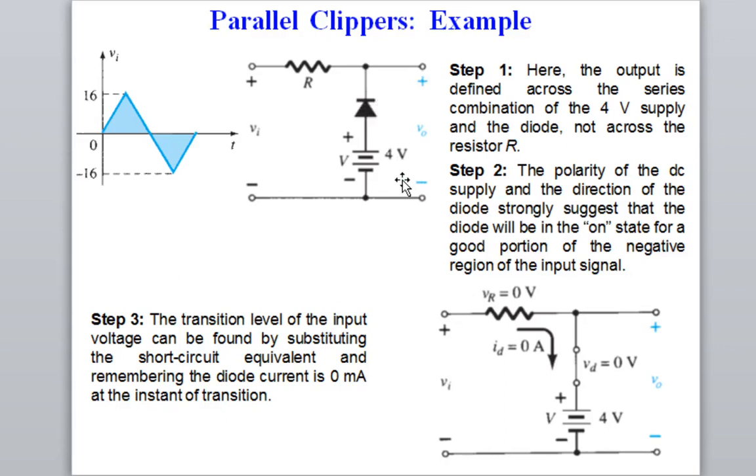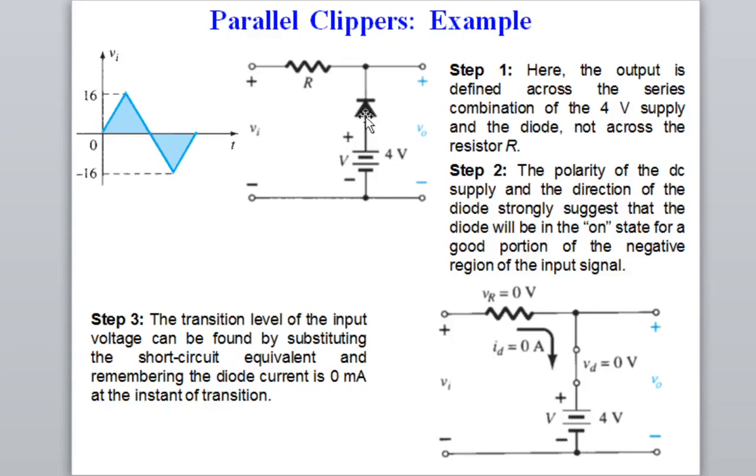Now second step, as I said, try to develop the overall sense of where the pressure is being put by both the power supply and the input. This is the input voltage, and this is the power supply connected in series with the diode, minus plus. The input signal is maximum 16 volt, and this is plus 4 volt. If you neglect the input signal, just consider these two quantities, the diode and this power supply.